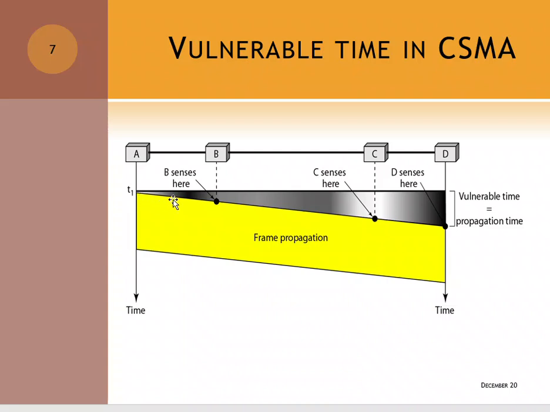Semasa katalah bit daripada A ni masih lagi dalam perjalanan, katalah kat sini yang saya tunjuk ni, stesen B, C, D ni masih lagi belum boleh mengesan bit yang dihantar oleh A tadi, disebabkan oleh propagation delay. Jadi, stesen B akan mengesan bit yang dihantar oleh A ni bila bit tu dah sampai di sini. Stesen C masih lagi belum boleh mengesan, begitu juga dengan stesen D, disebabkan oleh propagation delay. Okay, next,